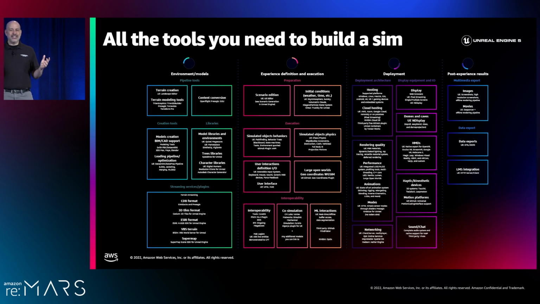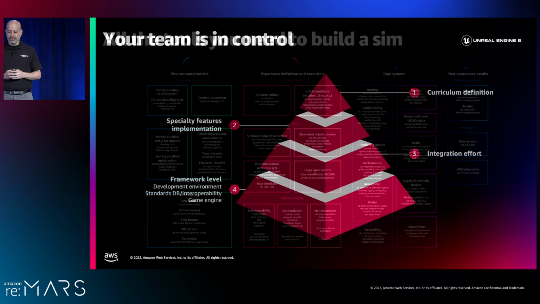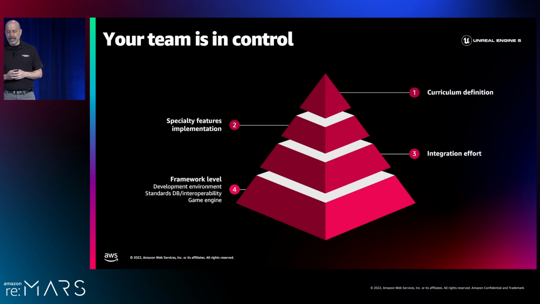But here, the slide is here really to show you the breadth and depth of our ecosystem, where each line is a module of UE or a product from our ecosystem that is allowing developers of simulators to have all the right tools available and the right ecosystem. All these modules that we're putting together, the chart you just saw, is just the framework. It's just the development environment. We're not simulation builders at Epic Games. We are providers of the right game engine to allow you to integrate into that framework, to integrate your creations, to build the pyramid that is the simulator.